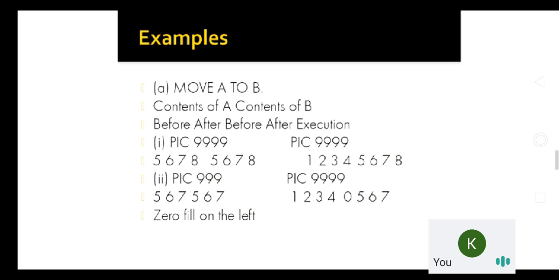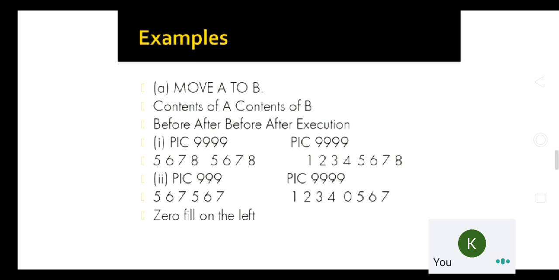And then you have two types of data transfer. The first is numeric data transfer, and the second is alphanumeric data transfer. In both, depending upon the receiving field and sending field, there are two options. The first option is zero fill, and the second option is truncation. Those things are very important. And finally you have the group data item, movement to a group data item. We use group data item movements with files, but rarely.